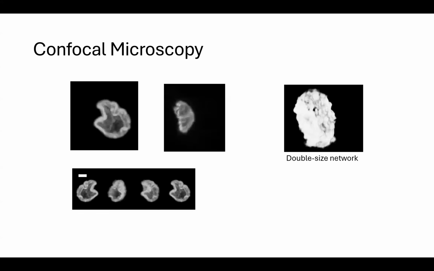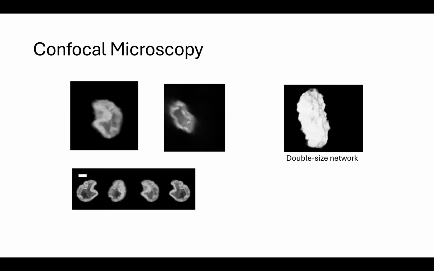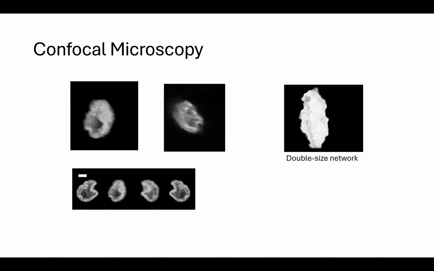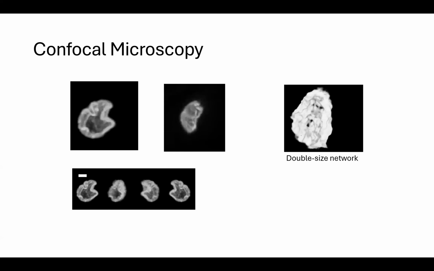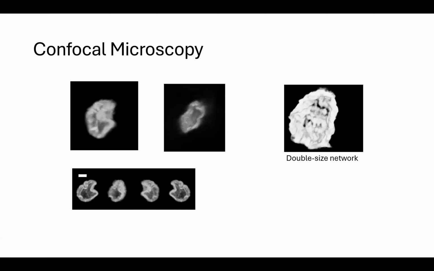So we can also use confocal microscopy to image them in 3 dimensions, where we see they have this positive Gaussian curvature. I describe them as wrinkled hemispheres or like 5-micron fluorescent jellyfish. The double-sized ones are a bit flatter, and again, this positive curvature wasn't really appreciated before we started doing these imaging experiments, and I'll talk more later about where that might come from.